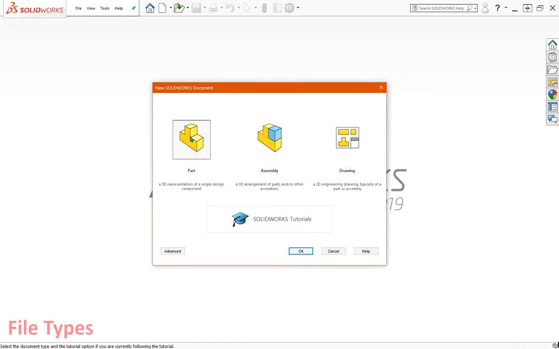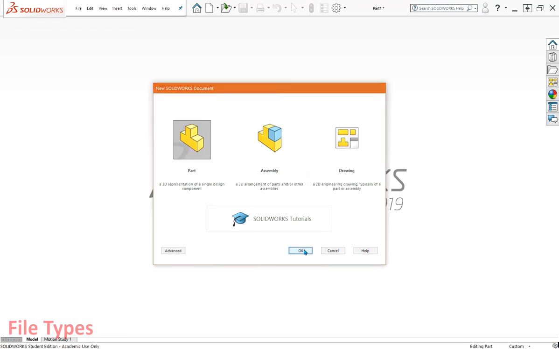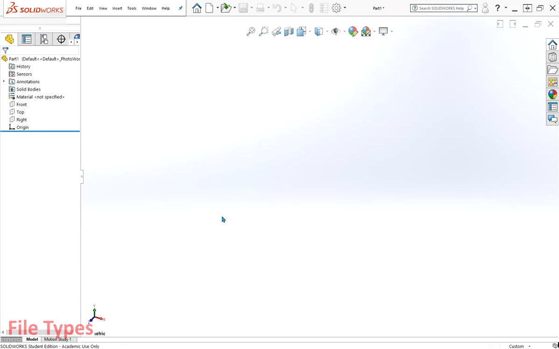So you need to select part, double click it or select it and then click OK. Before we do that, notice there's a SolidWorks tutorial here built in, and I'll show you those in a minute. There's another way of getting to those. So just as a quick overview